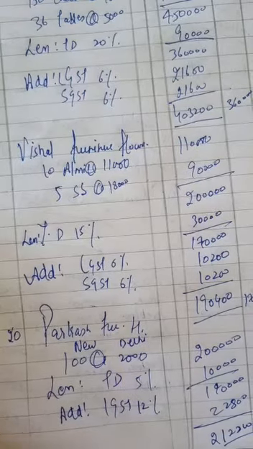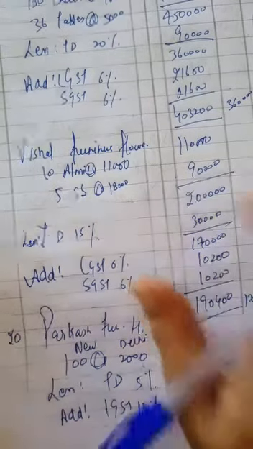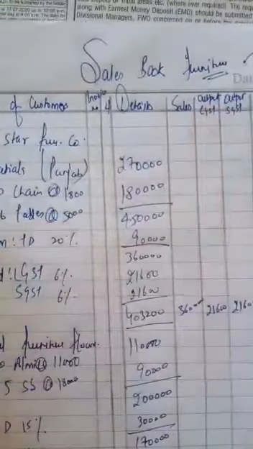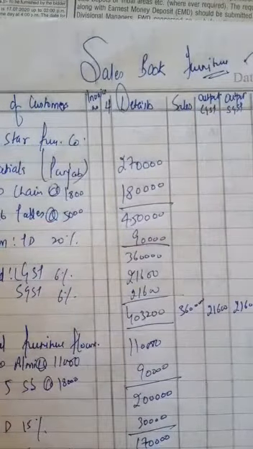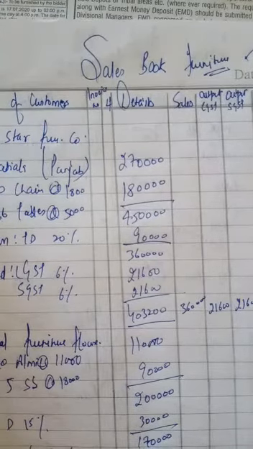Now next item, on 25th, sold to Moonlight Furniture Company for cash. It will not be recorded at all. Cash transactions are not recorded. Then on 28th, sold on credit to Sunil Machinery Store. Old machine and old computer you have sold. That will not be recorded because you are a furniture merchant and all furniture related items you have to record. Rest you will not record at all. Only this much was the question.